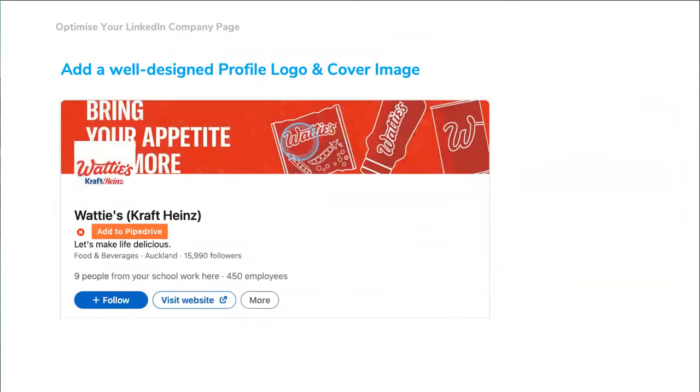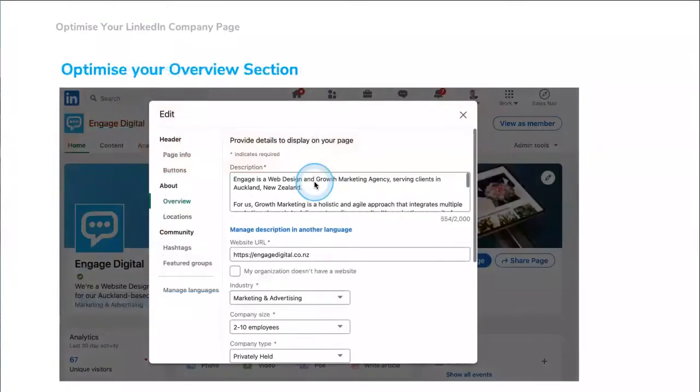Here's one of those examples that's not so hot. This icon won't be that readable in posts, and they're certainly hiding some of their words within their cover image and so on. LinkedIn makes it really easy to optimize your profile. It really is a matter of just working through the tabs within your setup